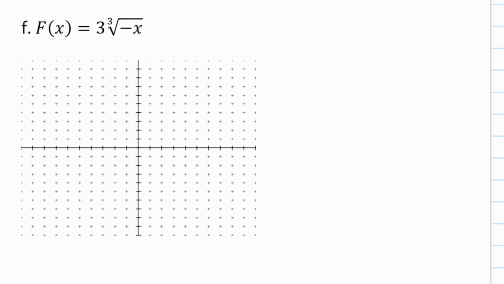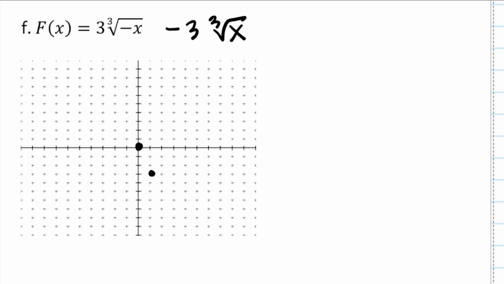Alright, 3 times the cube root of negative x. I feel like we already graphed one that was like this, because I already said that you can factor out the negative: negative 3 times the cube root of x. And so I'm just going to work this one really quick. Now it's going to go down